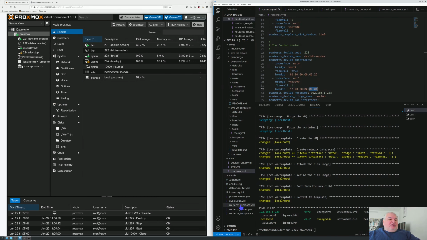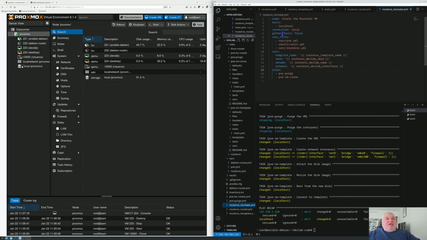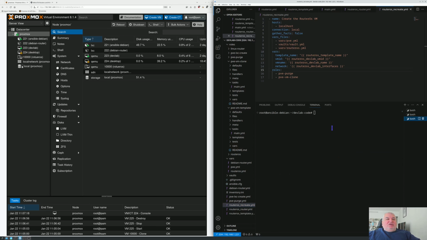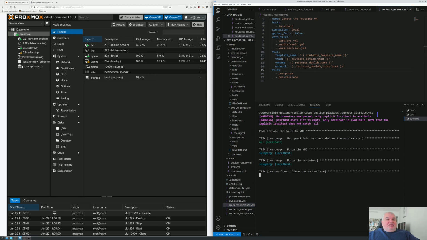Here is a small playbook that would recreate the VM. And here we see we pass only the required variables, and we call the BVE purge role that we have seen before, we have used multiple times before. And then we call the new clone role that we have just created. So let's see what happens when we call this role. So we don't need the inventory file, and if I run it,